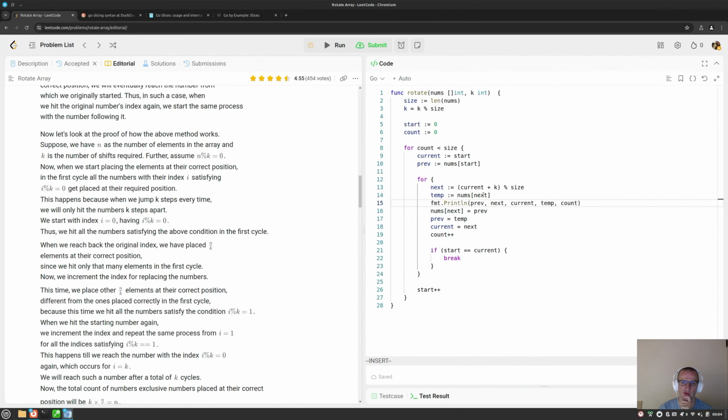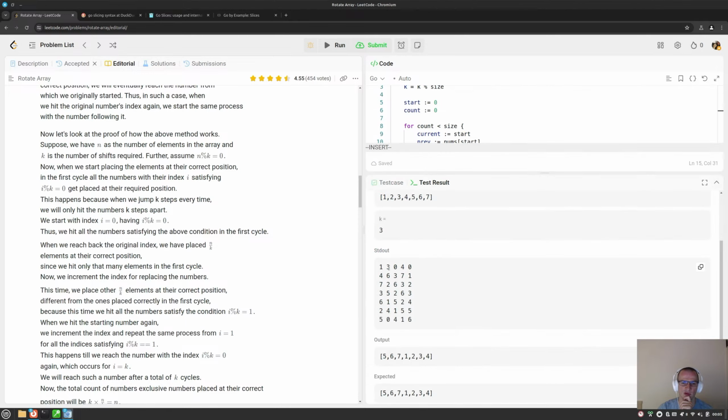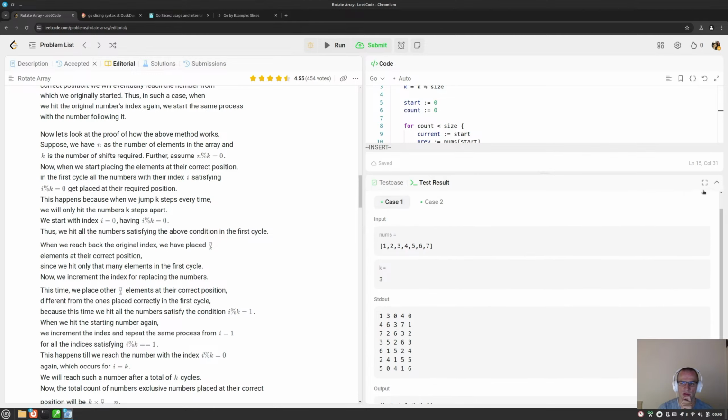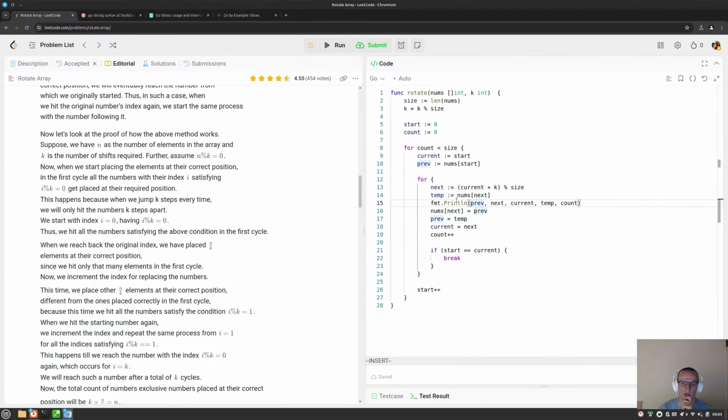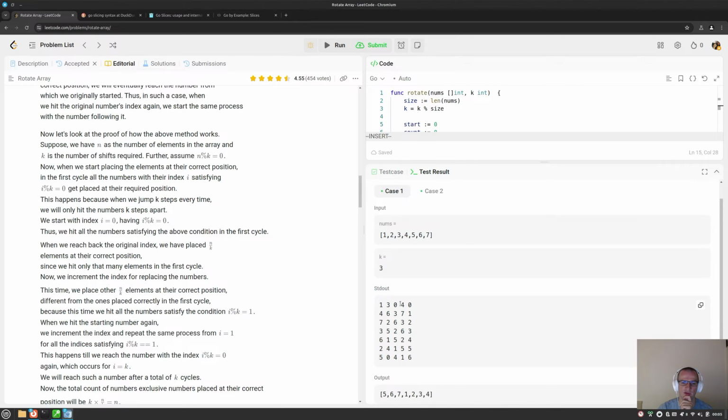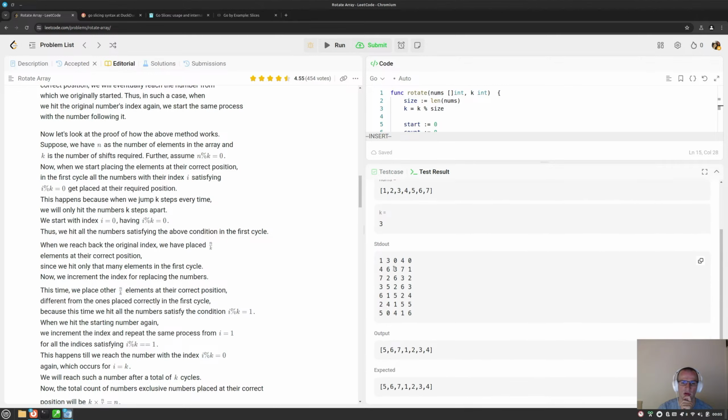No, we're going to move the number from 0 to number 3, and then the next, you're moving from 0 to 3, then from 6 to 3, and then from index 6 to 3, then